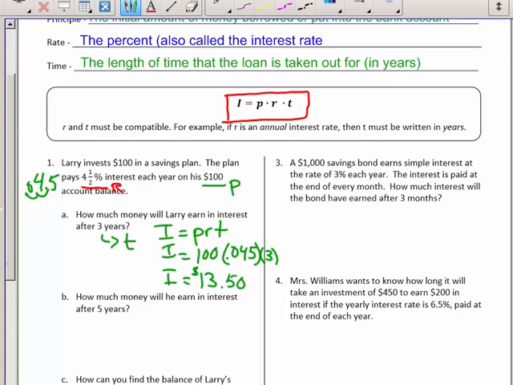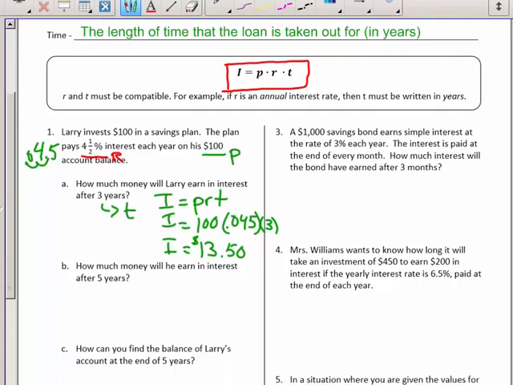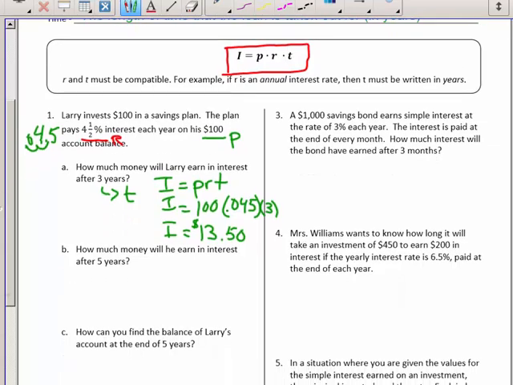$13.50. How much money will he earn in interest after 5 years? So we have, again, I equals PRT. Our principal and our rate did not change. The only part that's changing is our 5 years. So when I put that into my calculator, we're getting